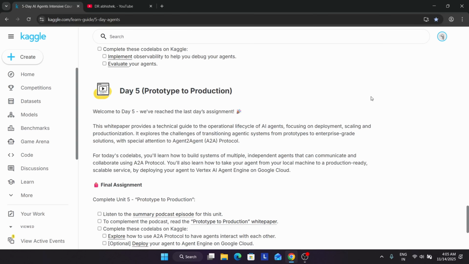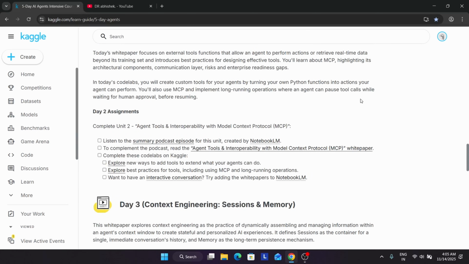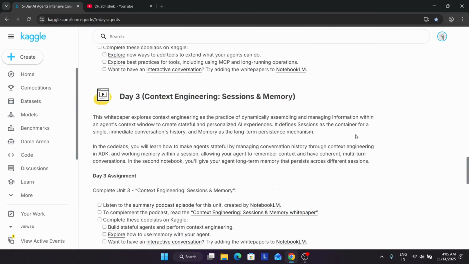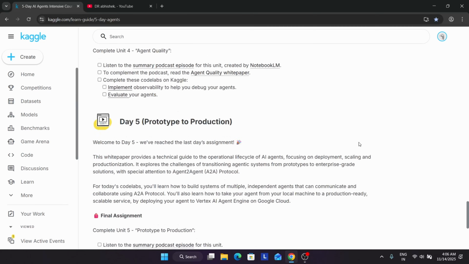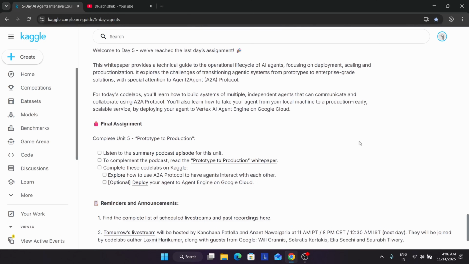Now we are on day 5 of the AI agent course. If you have completed day 1, day 2, day 3, and day 4, then it's well and good. And if you want to complete them now, there is not an issue, you can complete them anytime today also. So here we'll be covering day 5. Here we have two modules, and the first module is related to how you can use the A2A protocol to have agents interact with each other. Many of you are having issues regarding the API keys or internet issue.